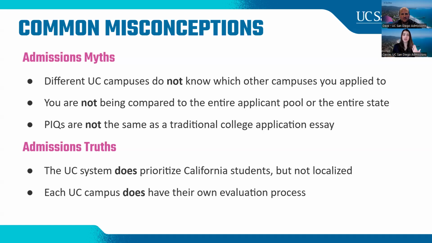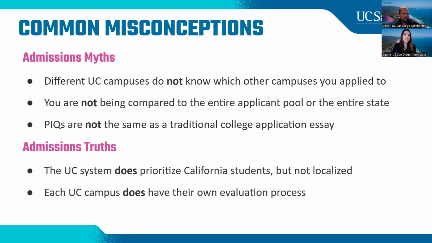At UC San Diego, if your senior year schedule changes a little bit and you're applying to us from high school, we don't need you to update us. We will see what your class schedule changes are once you choose to come to UC San Diego and send those transcripts to us. We don't need you to send us an email with any updates. We don't need to know what you changed. We'll find out later. But at UC Santa Cruz, for example, they do have you fill out an update form. So if your senior schedule changes, they want to hear about it because it could factor into your decision.